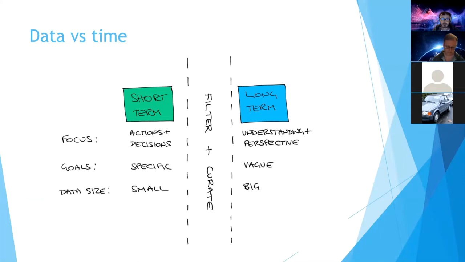A lot of line of business systems are built around very specific goals. Generally speaking, the data size is quite small and focused, and the data is about the thing that's being processed right now. However, if we look at things over a longer term, what's important is that we gain understanding and perspective. When we look over a long time frame, we don't necessarily have a specific thing we want to get out of that information, other than we ask questions and we try to find answers, and we look over a whole data set, and this gives us the ability to learn.